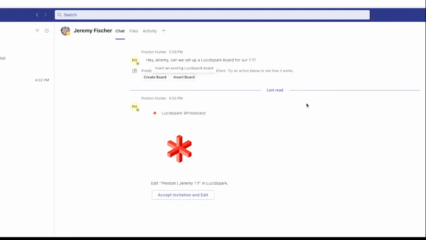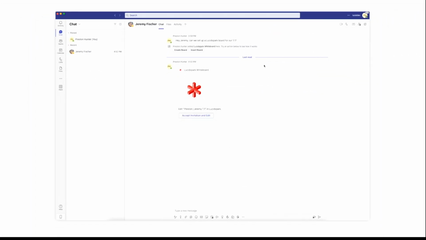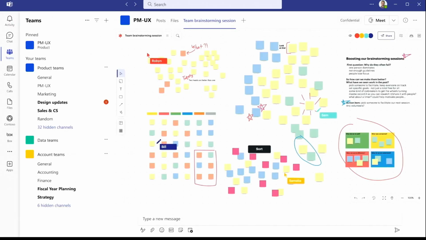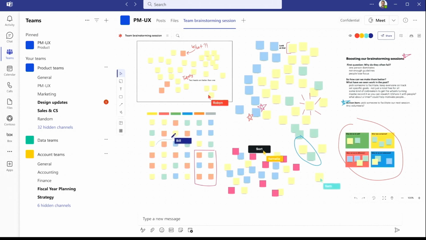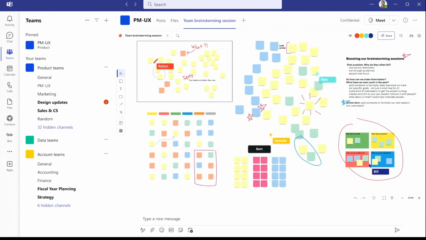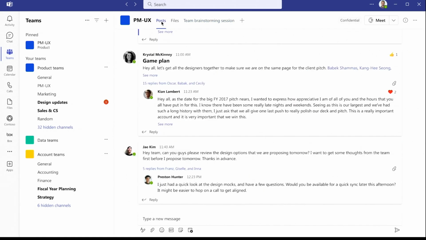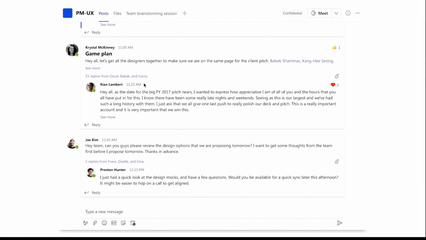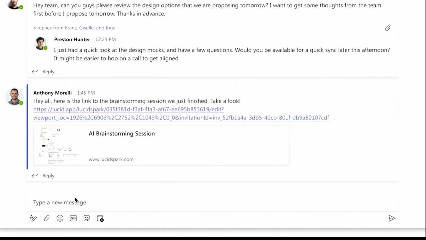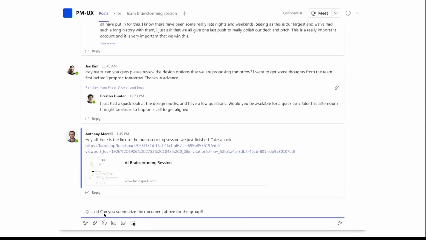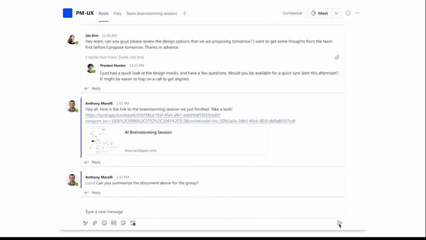Here the user is starting out creating a new board from Teams and sharing it with their team members to collaborate together. That same collaboration can also happen inside of a Teams channel, as we see here. And here the board is pinned to a certain Teams channel. After the meeting is completed, one of the users, as we can see here, has dropped a link to that same board. And because some team members could not make the meeting, the user asks the bot to quickly